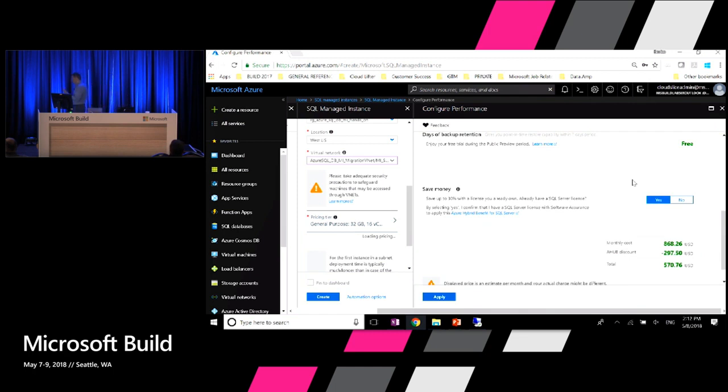your license on premises with license mobility, you can say, I have a license. What does it mean? It means that you can trade your on-premises license for a discounted price in the cloud, up to 30% or even more, which is really significant. What is really great here is that during the 6 months, you have dual rights for using this license.